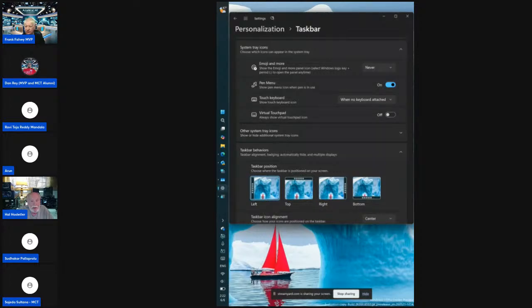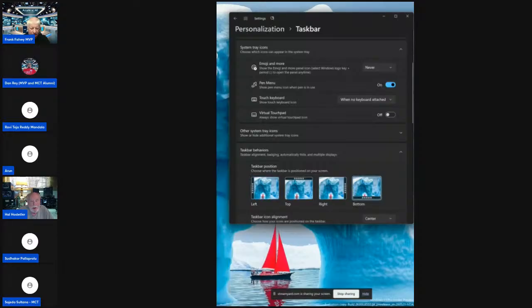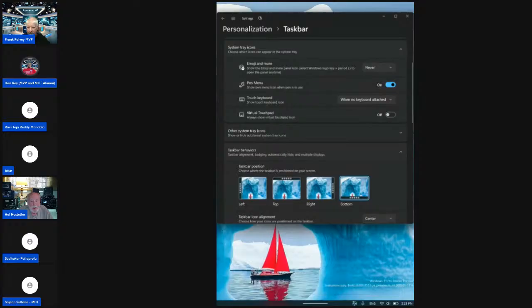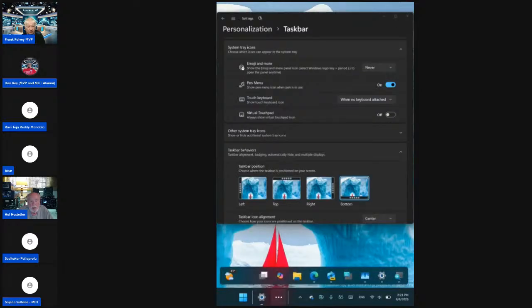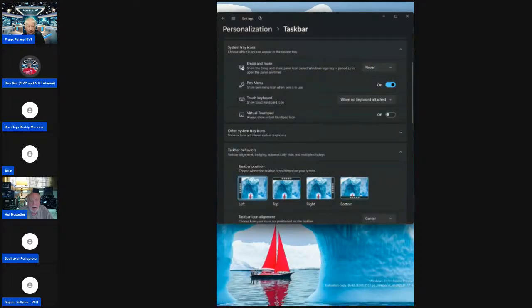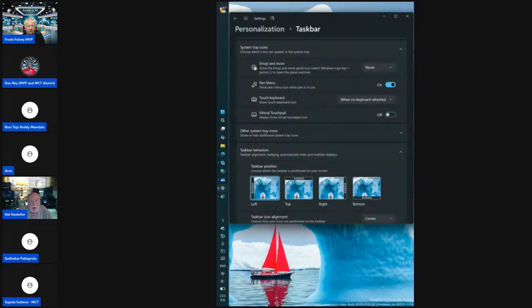But the benefit to this is when I'm using it in portrait mode, if I put my taskbar to the left, as opposed to the top or the bottom where it normally goes, the bottom doesn't give me a lot of screen real estate. And in Windows 11, you can't resize the taskbar, so I can't just automatically make it bigger. But if I put it to the left, notice that it gives me plenty of space because that's the long